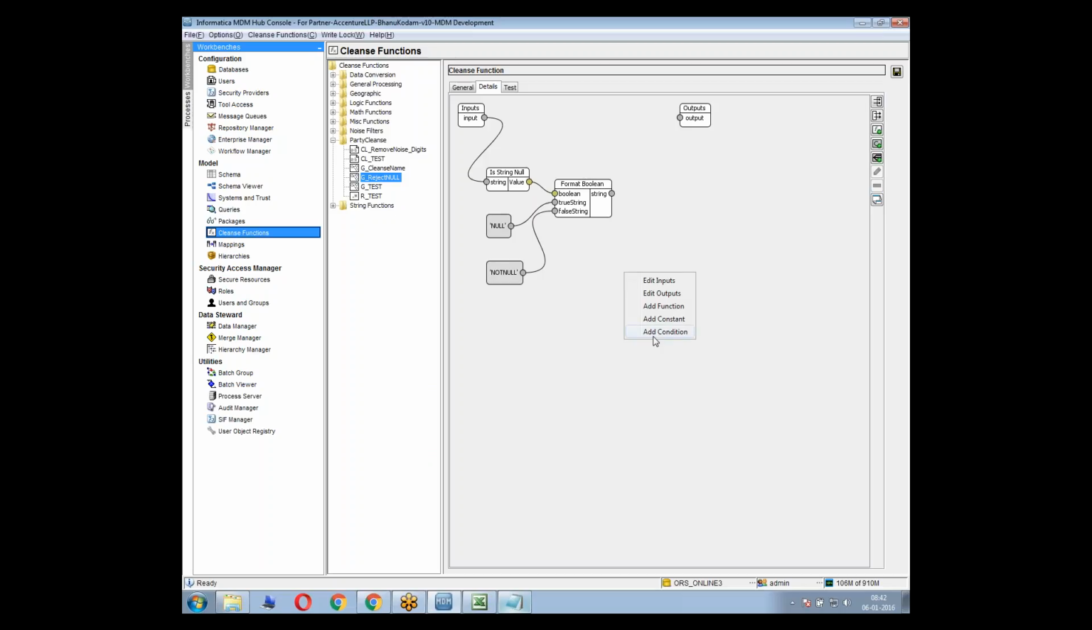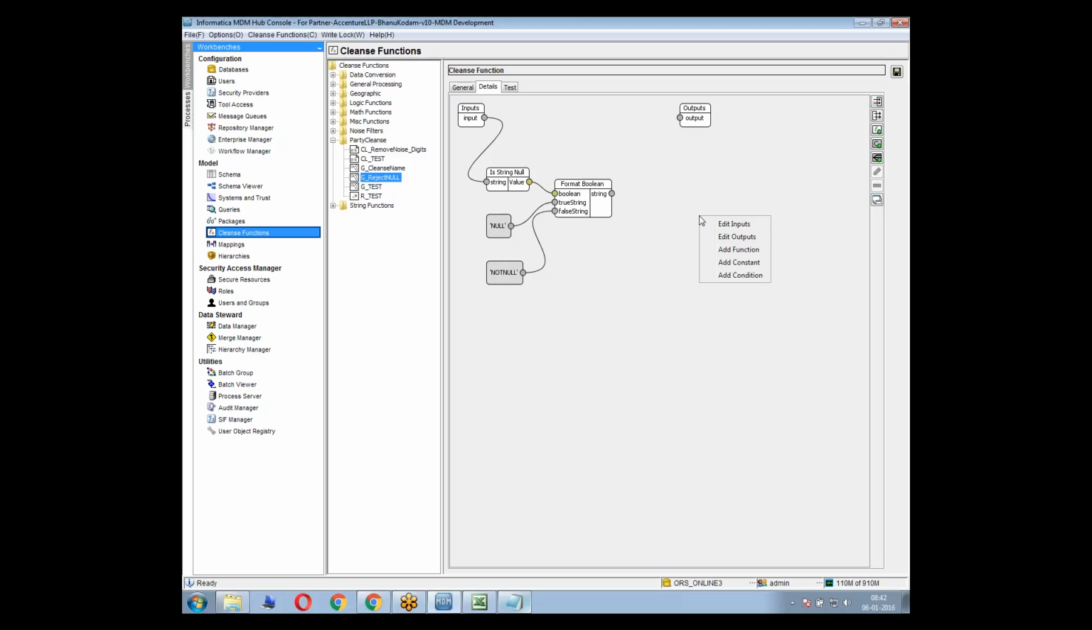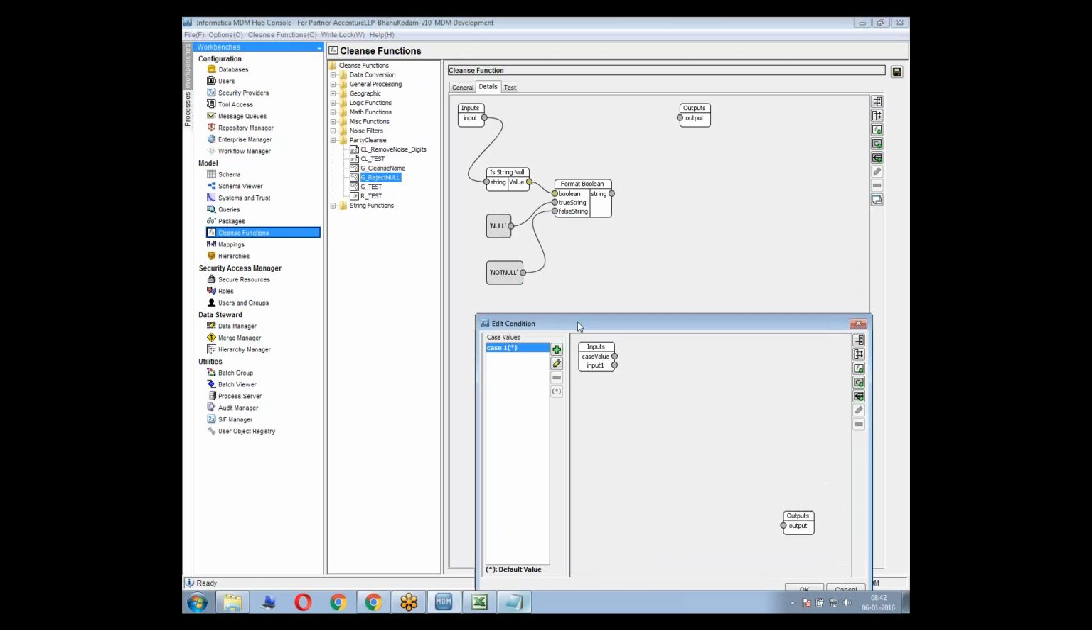So this is called conditional execution. You need to add a condition where we implement this logic, the logic I mentioned in the notepad, using this conditional statement. So you just right click and say add condition. Case one is already there, so you rename it to null